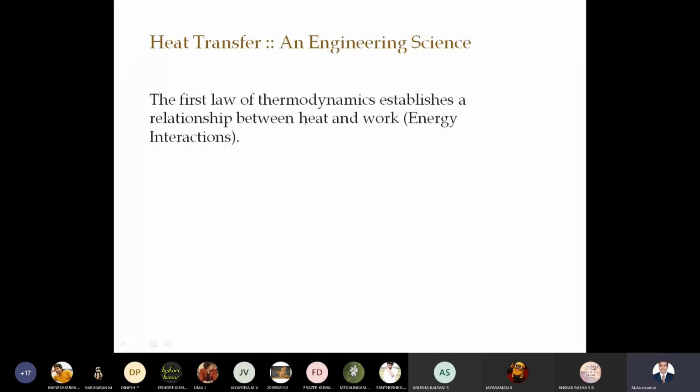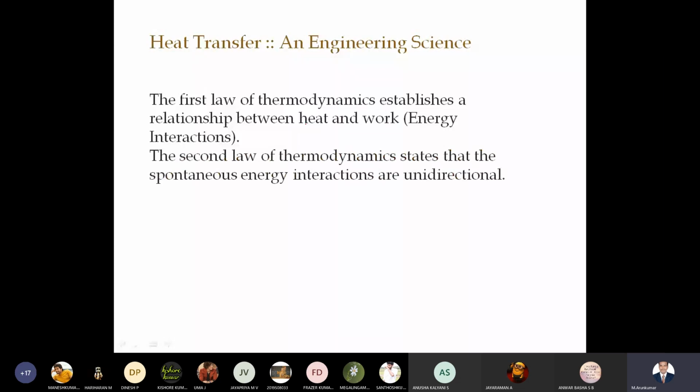You know what heat transfer is, and you know the laws of thermodynamics. According to the first law of thermodynamics, the first law establishes a relation between heat and work, that you know very well, that is energy interaction. And in the second law of thermodynamics,